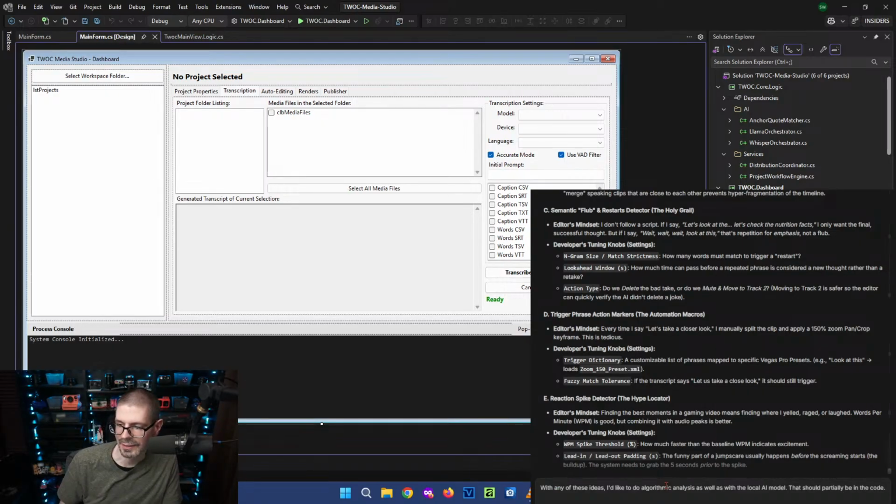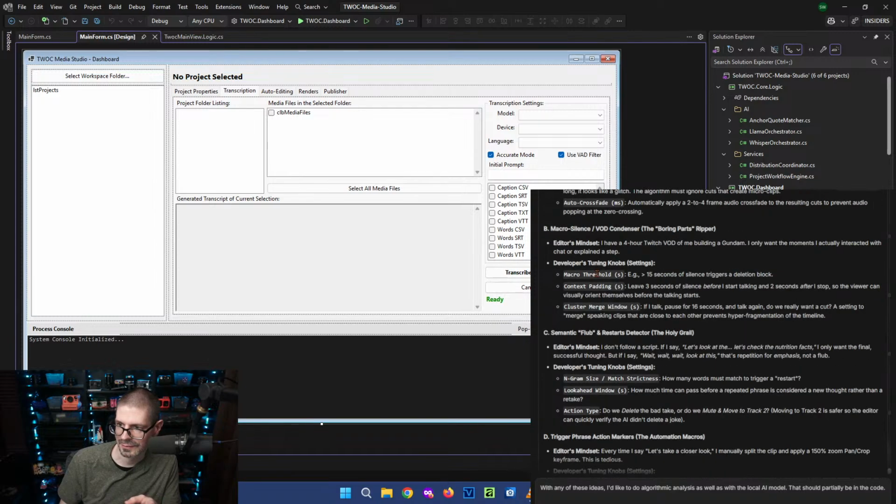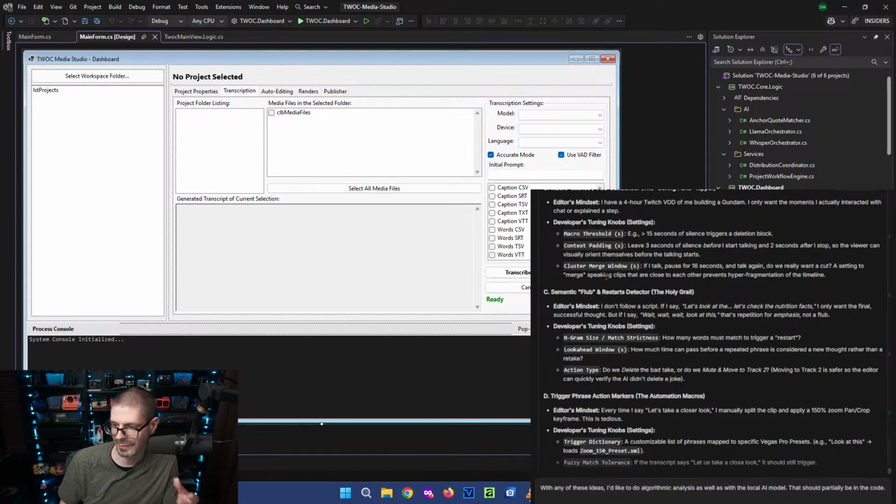So I'm basically saying with any of these auto editing ideas, having it algorithmically, which is just programmatic analysis, like if it sees certain words or anything, that can be hard coded kind of, but that's not super flexible. So with the AI stuff, I feel like it's going to be more flexible with editing automatically. So I'm trying to hopefully do that.